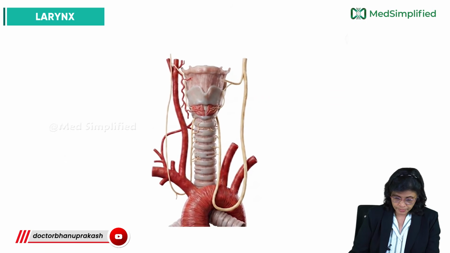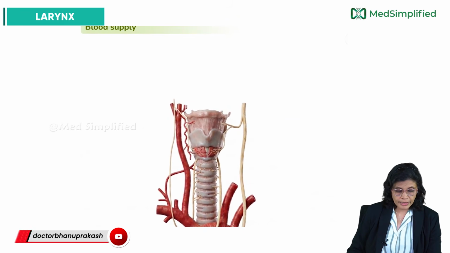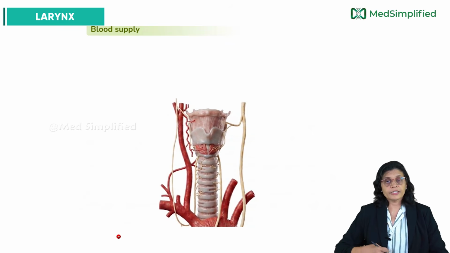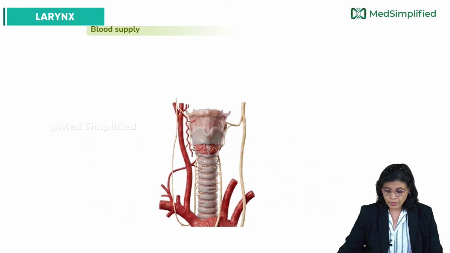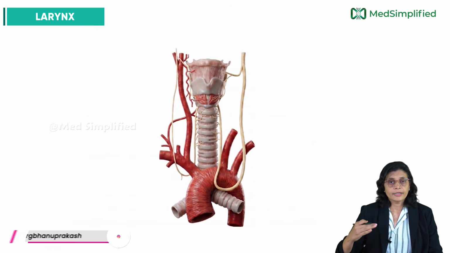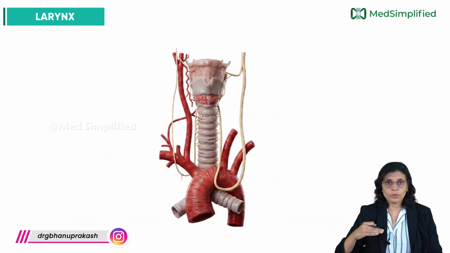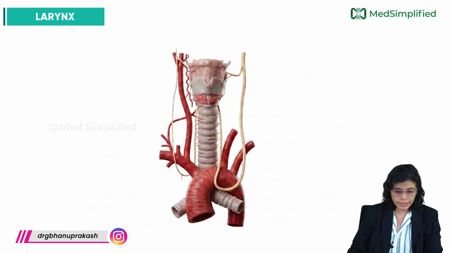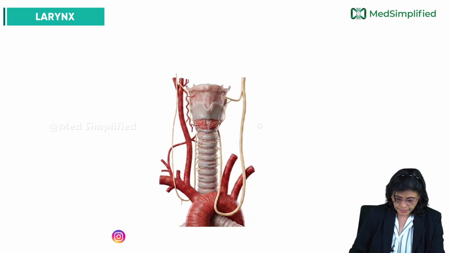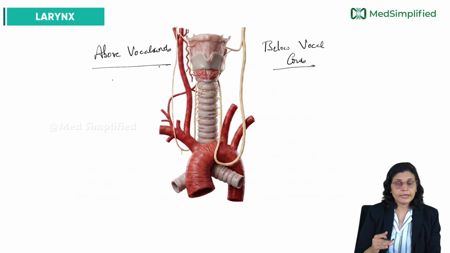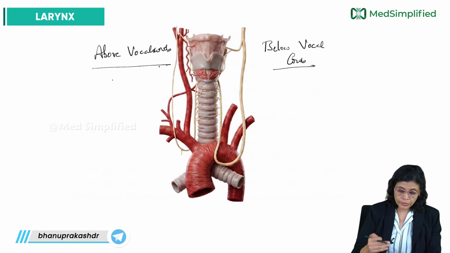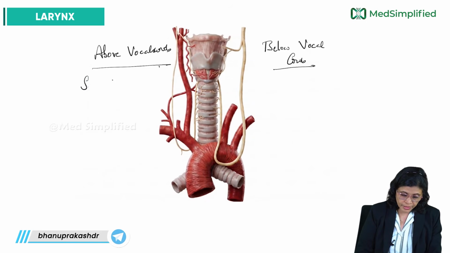Next, coming to the blood supply. The blood supply, nerve supply and venous drainage of the larynx are different above and below the vocal cords. We take the vocal cords as the landmark, and above and below it changes. So the blood supply differs above the vocal cords and below the vocal cords. Above the vocal cords, it is by the superior